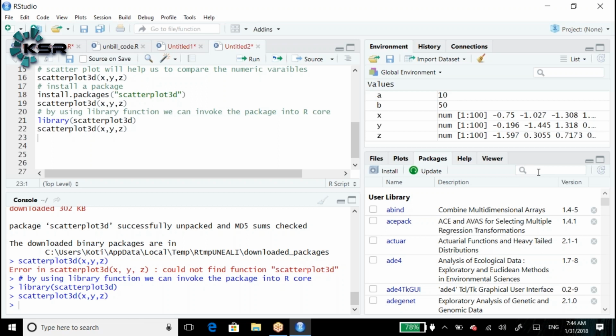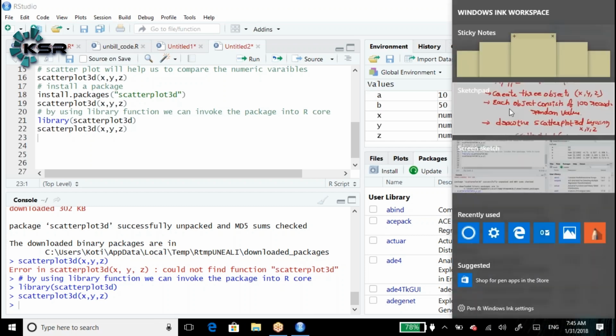Okay. Now, let's check what the different data types are. I mean, not just numerical and character. How many ways can we create the different data types? Let me check the different data types.